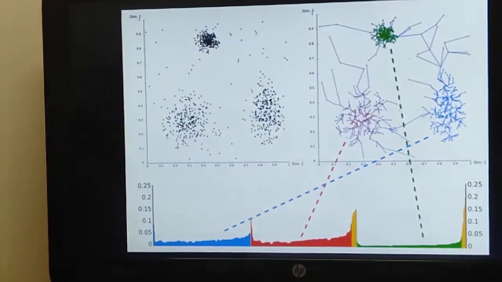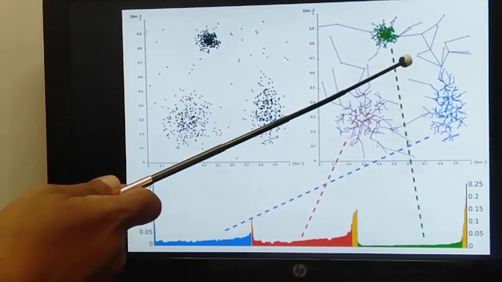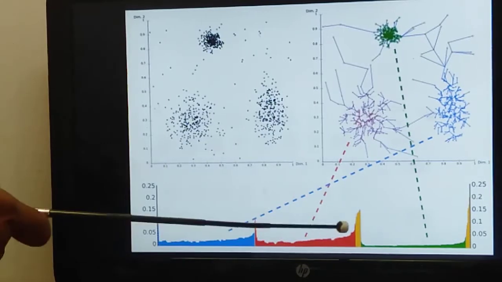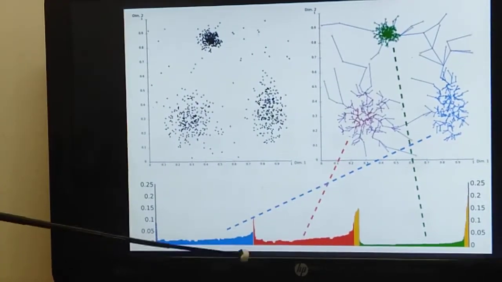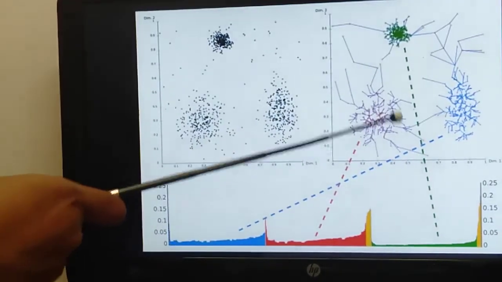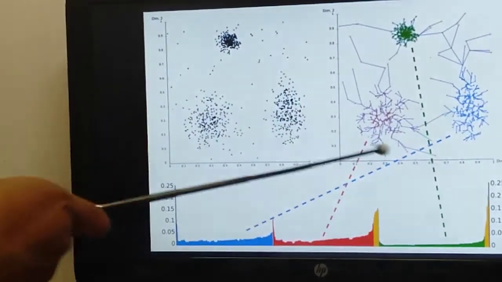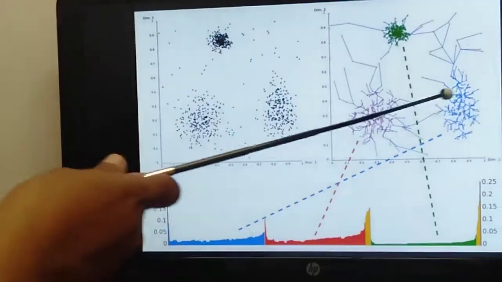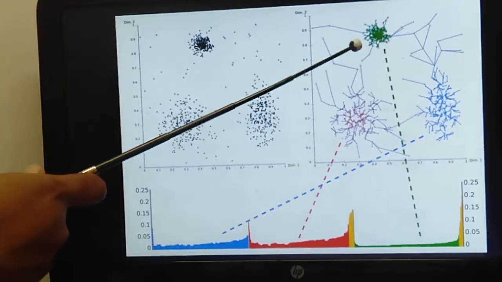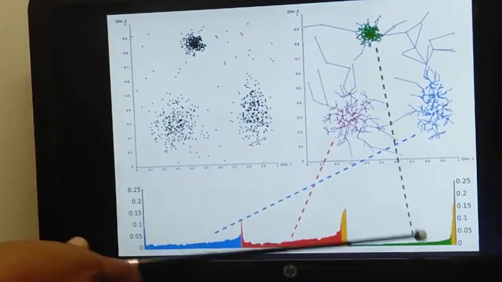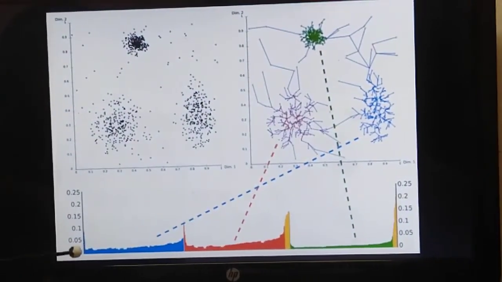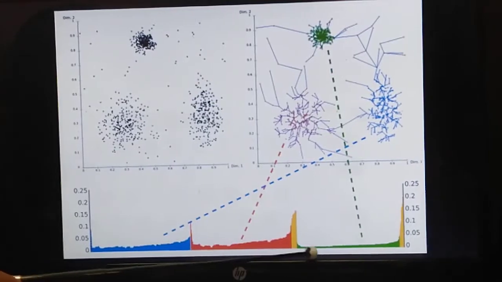So now if we look over here, we can see that after the OPTICS algorithm is run, this is what we get. And look at your PPT over there, you can see that some points are yellow in color. See these points over here, yellow in color, over here yellow in color, and here there are very few yellow in color. Okay, this is all marked inside. Closer points are all marked in red. Here closer points are all marked in blue, and here closer points are all marked in green. Okay, so when we look at the graph, this is what we see, and we can see that this distance, closest distance is over here.